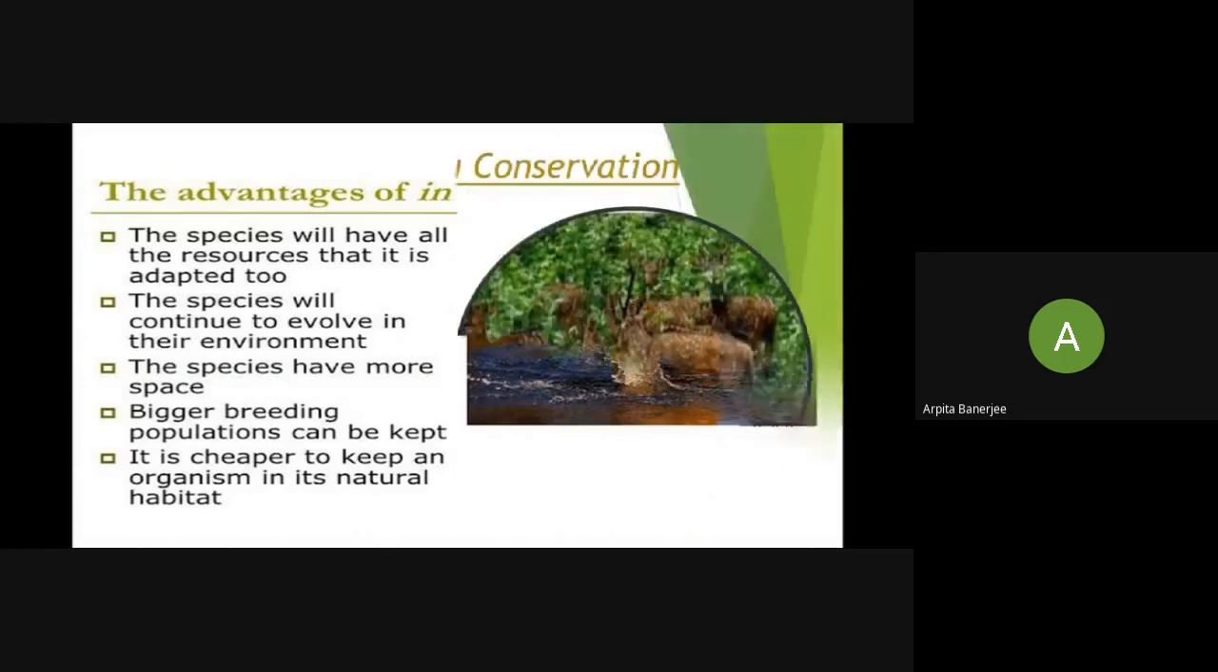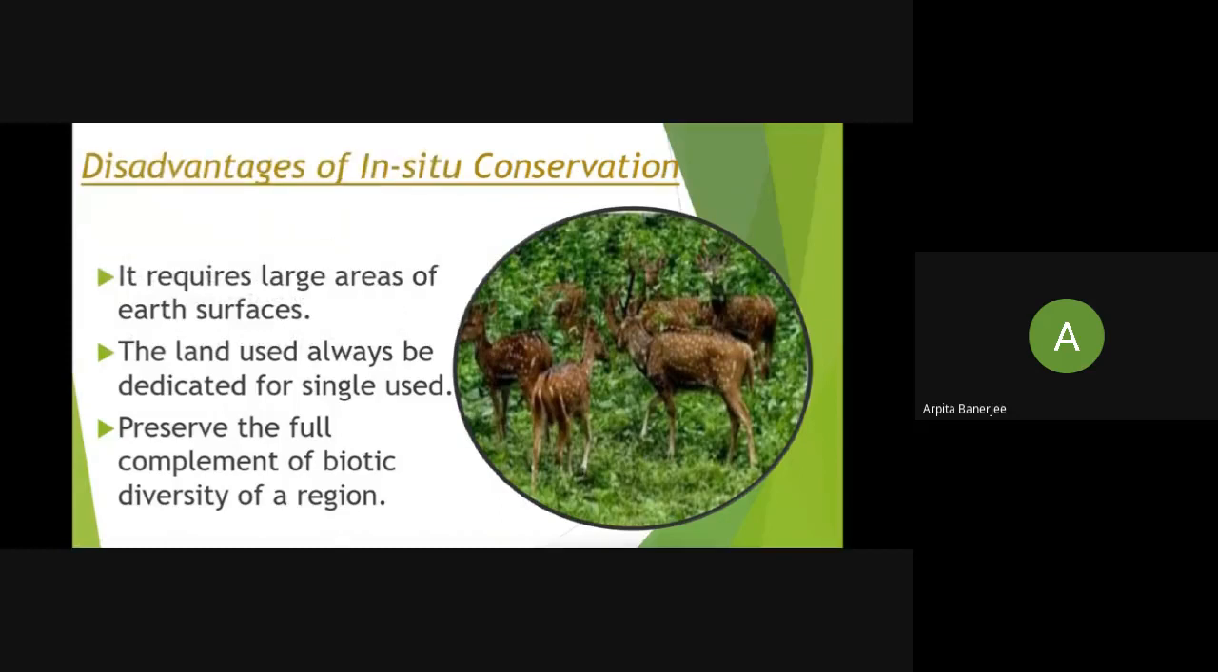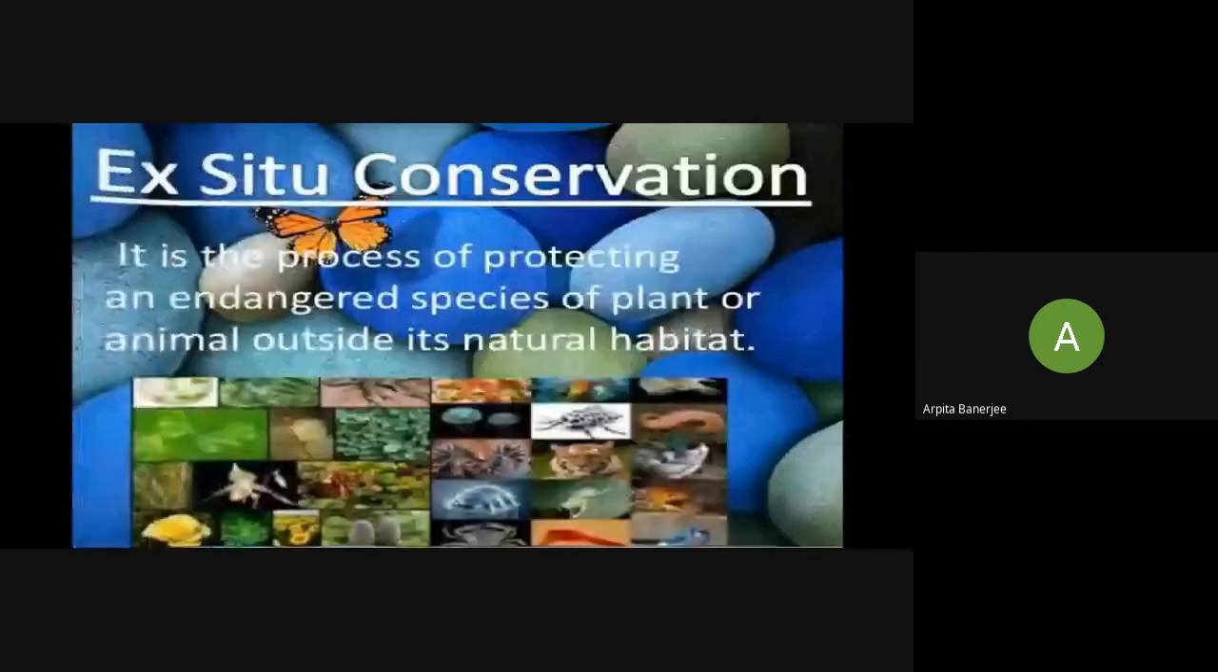Next, we will discuss the disadvantages of in situ conservation. First, it requires a large space of earth surface. Second, the land used must always be dedicated to a single use. Third, it is difficult to preserve the full complement of biotic diversity of a region. Now we have discussed in situ conservation. Now we will know